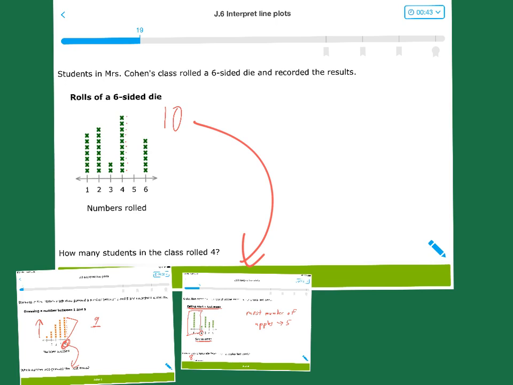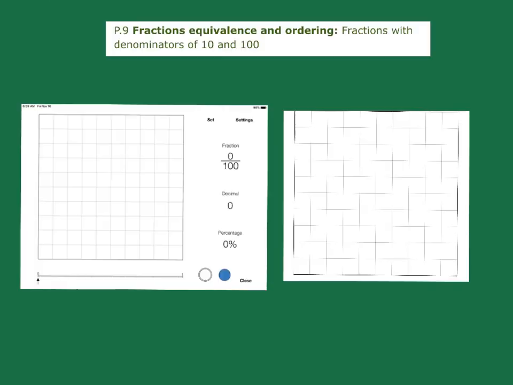Really make sure you take your time, read these carefully, and it'll help you with it. And don't get mixed up on whether it's the biggest number or the most frequent number. Those are two different things. Really pay attention to how it's worded. So here we're talking about equivalent fractions, fractions with denominators of 10 and 100. So when we're dealing with fractions,